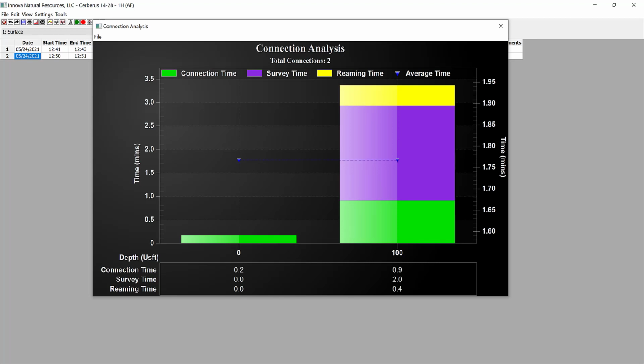When the record connection data option is checked within settings, and you have recorded WITS data over connections, you can then go to Tools and Connection Analysis, and this will open up the Connection Analysis dialog. Now, we've only got one connection's worth of data between 2 points in a slide sheet, but effectively what you get over the entirety of the slide sheet is, for each connection depth, a time breakdown and